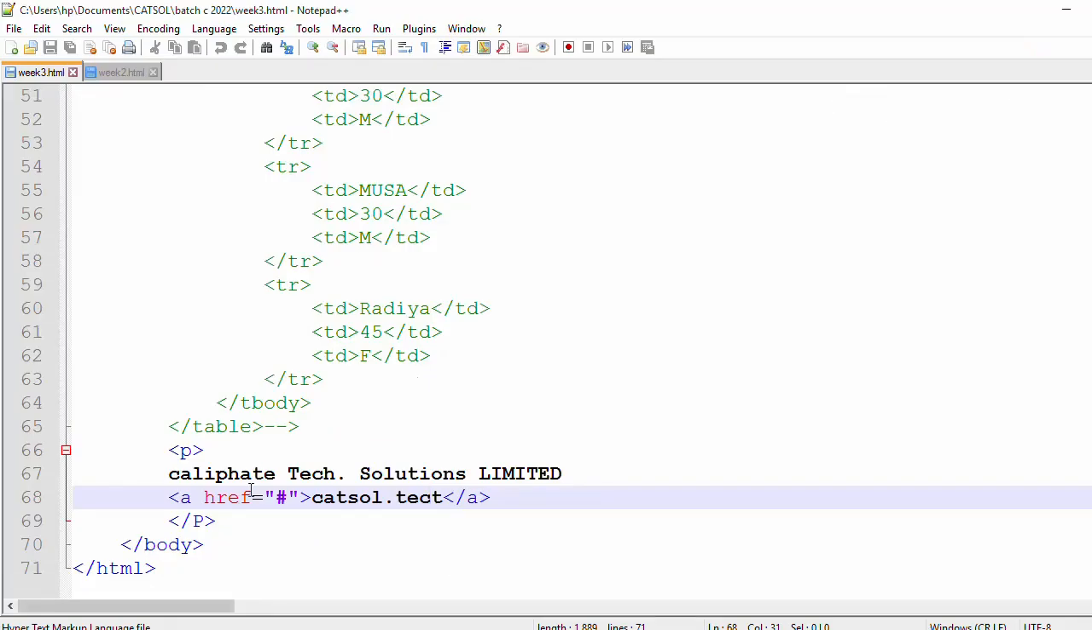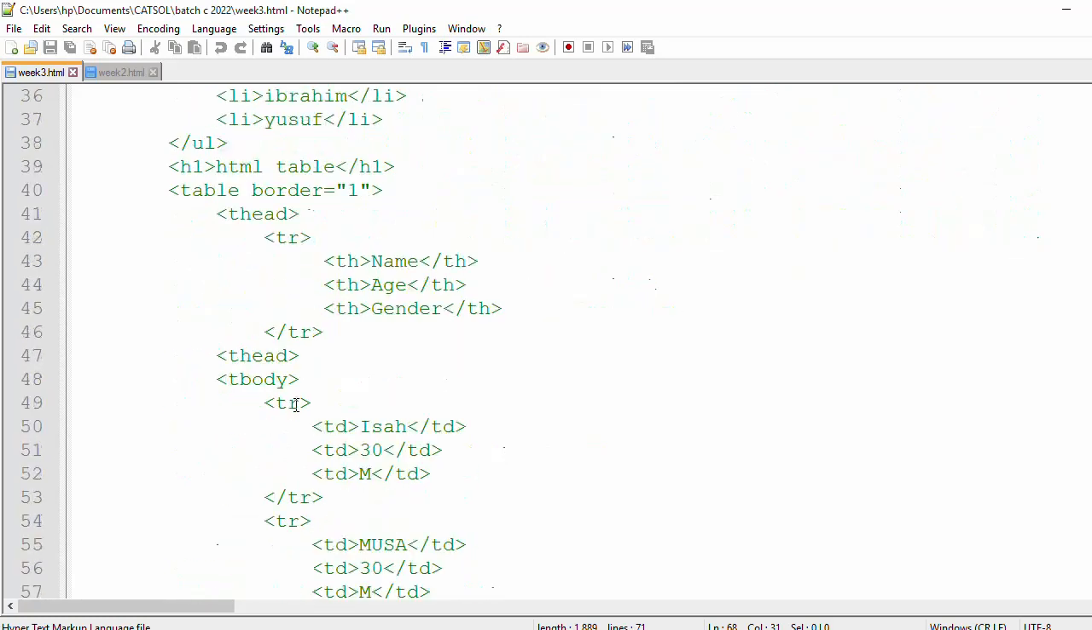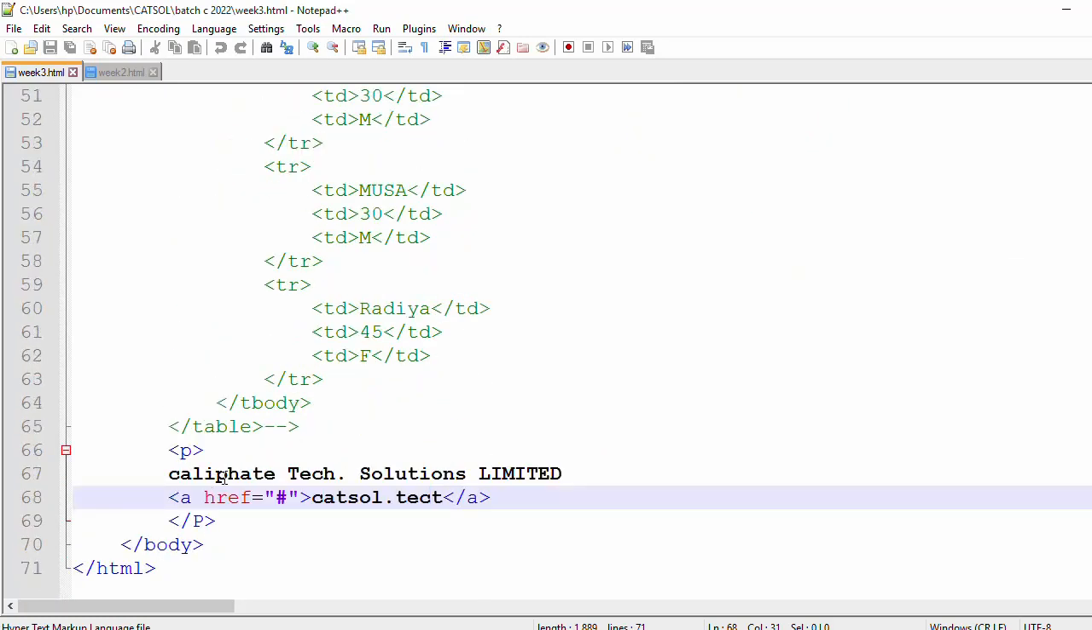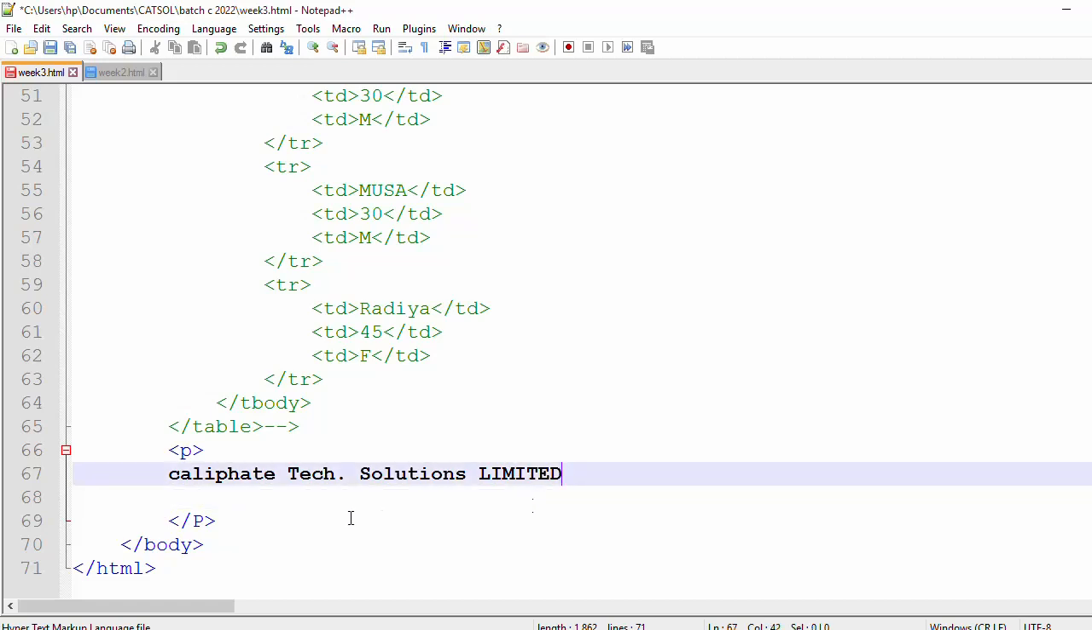So we already have our HTML ready for us, and then this HTML contains some paragraphs from the last week. Let me get rid of this link. Okay, now if I get rid of this link, we already have Caliphate Tech Solutions Limited, right? Okay. Now, if you save this file here, then refresh it on your browser here, you'll be able to see,